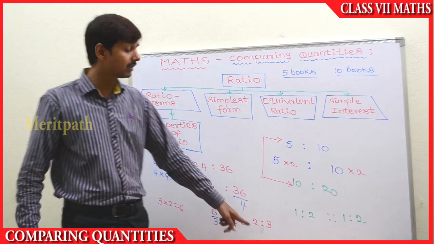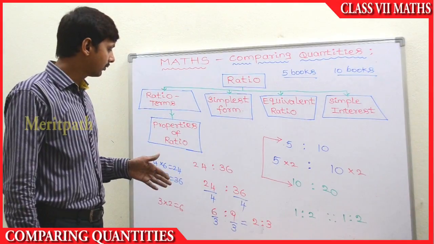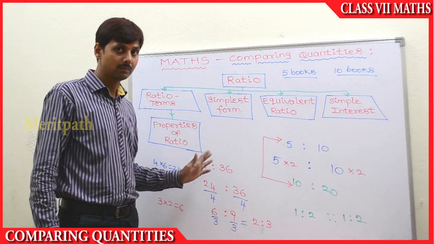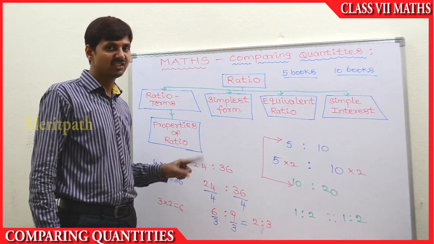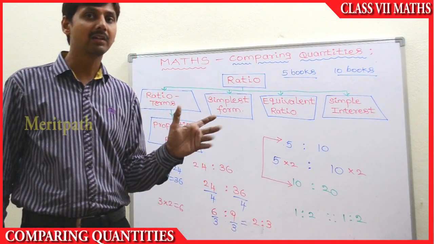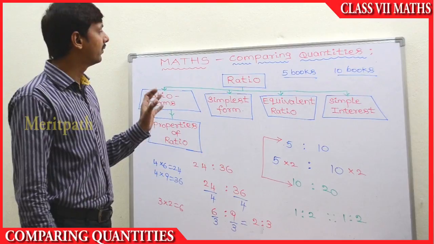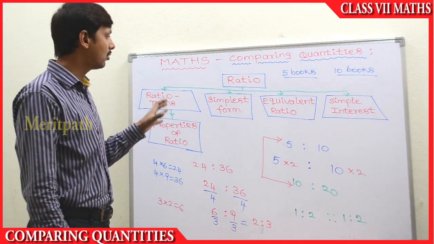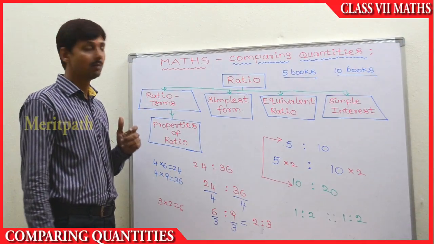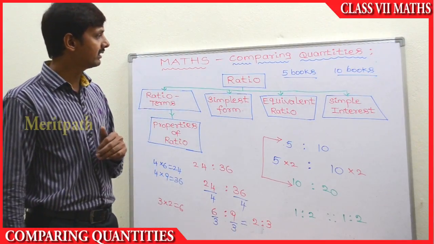Now we cannot cancel because these are prime numbers, 2 and 3. We don't get any common factor for both. So we simplified the ratio with both the terms, antecedent and consequent, until the two values do not have common factors, like 2 is to 3. This is how we simplify the ratio, the simplest form of the ratio. So until now we have discussed ratio, its terms and properties, the simplest form and equivalent ratio. Let's go to the next concept, that is